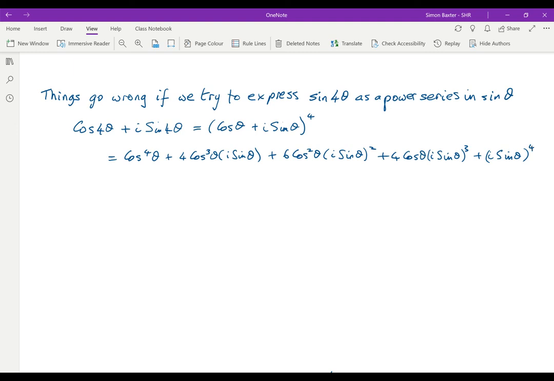So far, so good. We're looking for sine 4 theta, that is the imaginary part. The imaginary part is here and here. Only 2 places. This is real. I squared is minus 1, so that is real. I to the power 4 is plus 1, so that is real. So if we now equate imaginary parts,